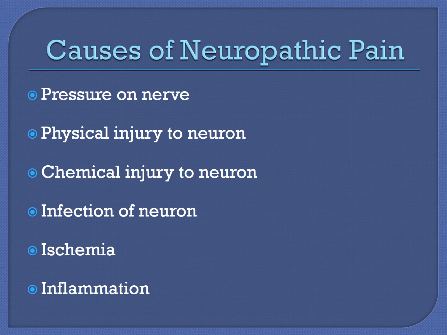Now, you can have nociceptive pain, which is that pain that happens with injury to tissues, or you can have neuropathic pain, which is a different type of pain. That is pain associated with a nerve or neurons, and it has different qualities that go along with it. Most people who have nerve pain or neuropathic pain describe it as a burning, shooting type pain, almost the feeling that you're on fire, tingling